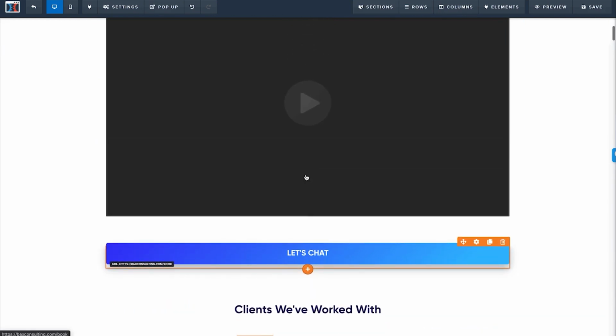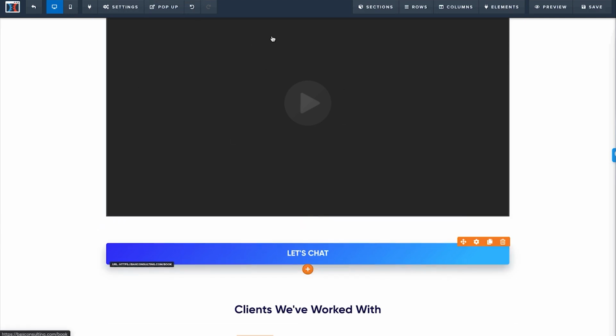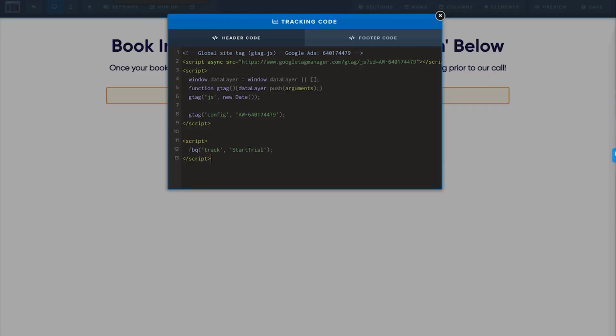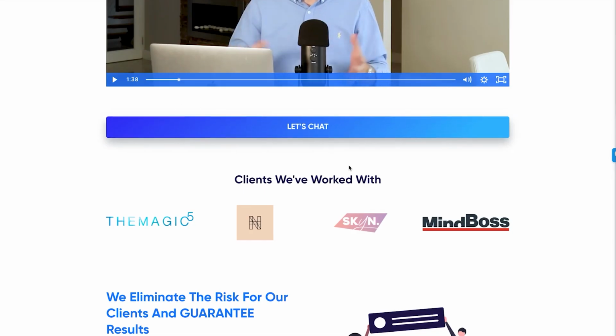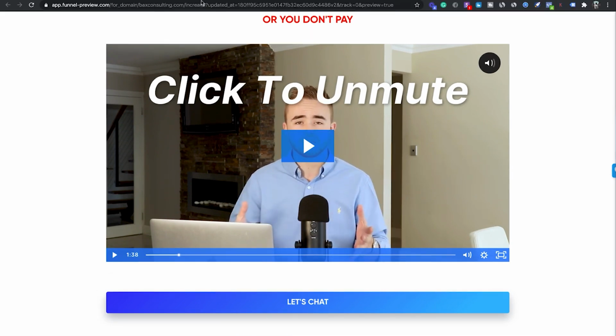So the conversion rate is the number of people who actually land on the page, which is your view content, and then the number of people who click let's chat, which instantly turns them into a start trial. So if you have 100 view contents and you have 50 start trials, in that instance, that means that your landing page, which is this page, for example, is converting at 50%. But obviously that doesn't mean that they're actually booking in a call. That just means that they're landing on this page.